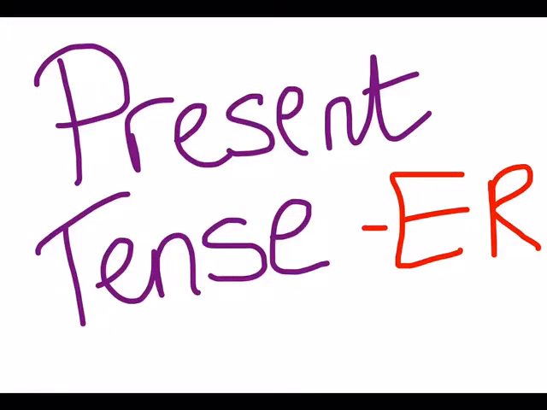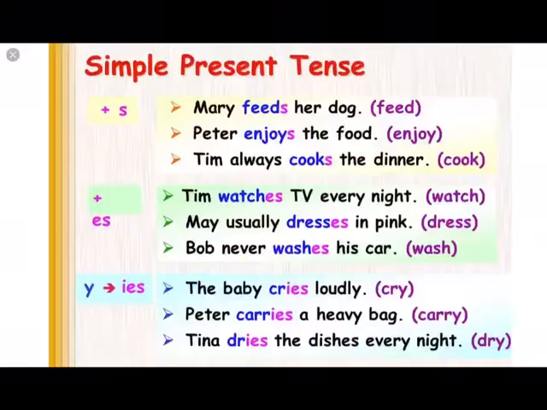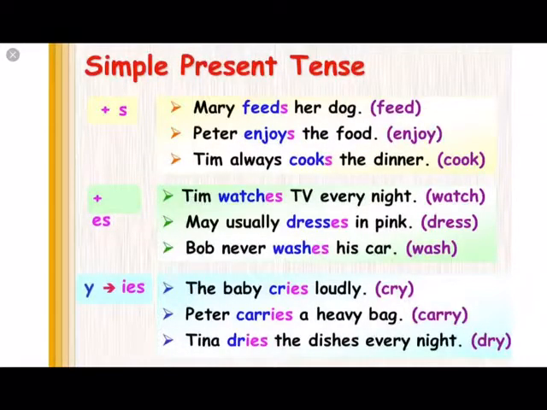In this short video, I'm going to explain to you how you form the present tense in French with ER verbs. The present tense exists in English as well. Basically, we use the present tense to talk about things which we are doing right now or things that happen on a regular basis. And you can see some examples on the screen, such as Mary feeds her dog, Peter